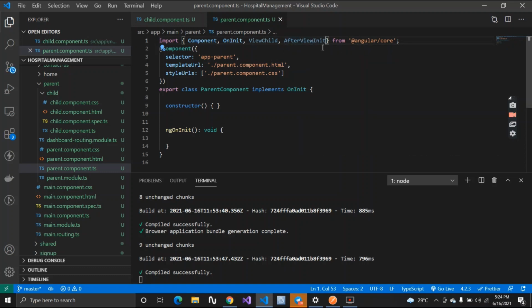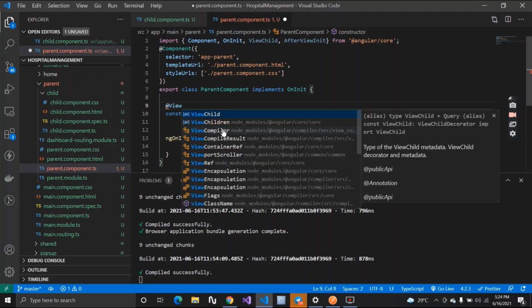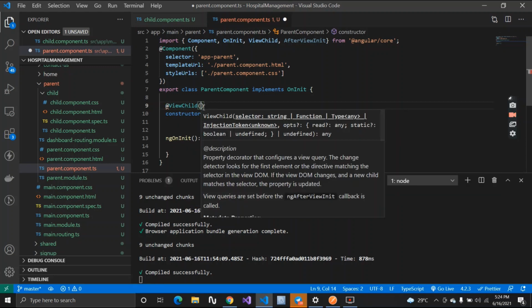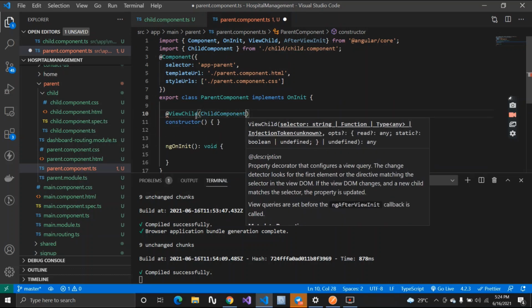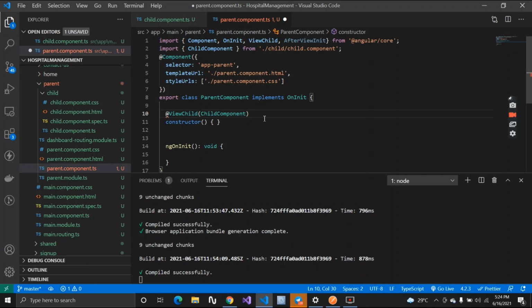Now we have these two imported inside our parent component. Let us use @ViewChild, and inside it I will call the component whose data I want, the child component, and I will give a property name called child to this.